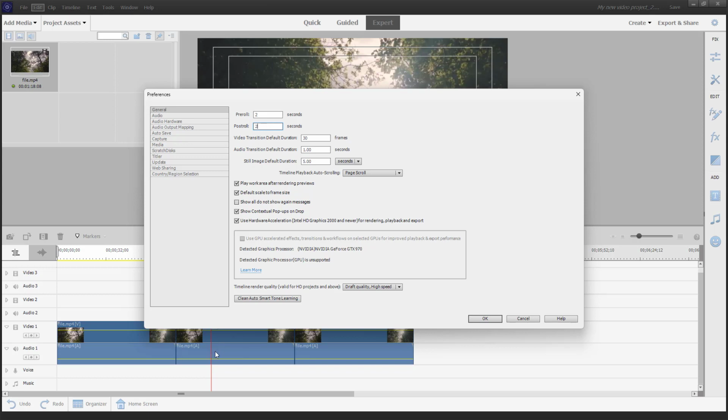That means wherever the playhead is, it'll pre-roll 2 seconds before when it is playing. You can change it to 3 seconds or 1 second as you need right here. You can see that there's a default video transition duration right here, which is 30 frames. So whenever you add in a transition, there's 30 frames added to it. But you can change it to, let's say for example, 50 frames, and the transition will be